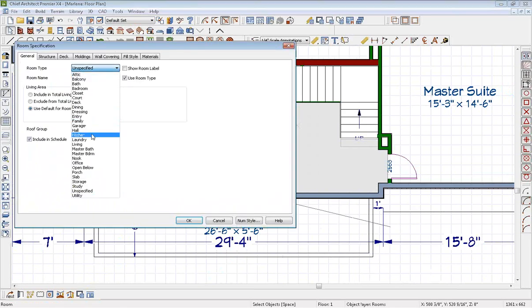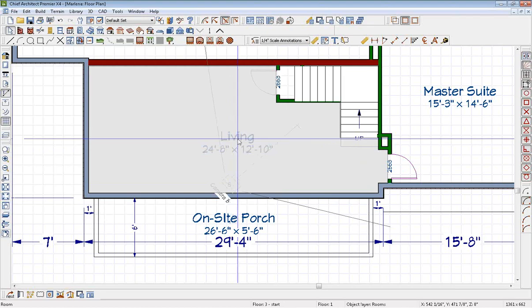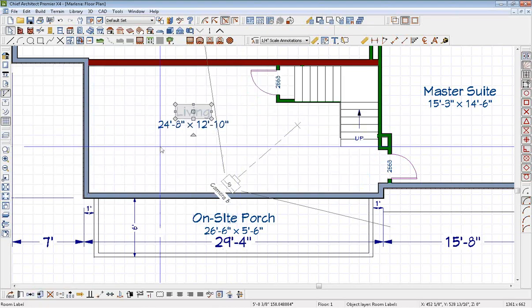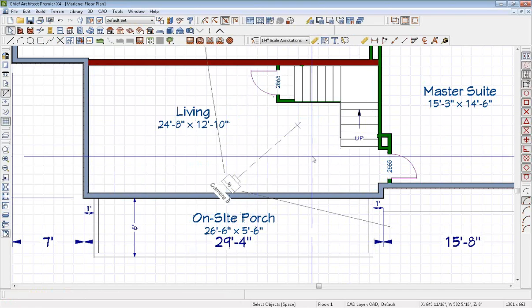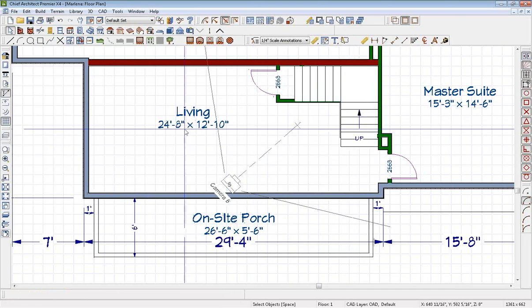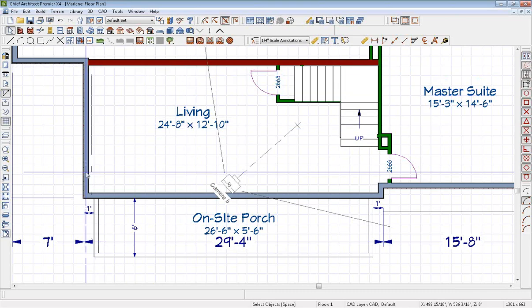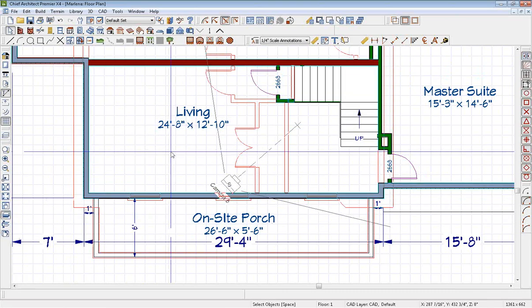But let's go ahead and call this a living room. You can see what it's doing is it's making the entire room a living room. Well, if you're going to have all one material and you're not really concerned with showing 100% accurate room sizes, that's fine. But what you can do, I'm going to turn on my reference layer